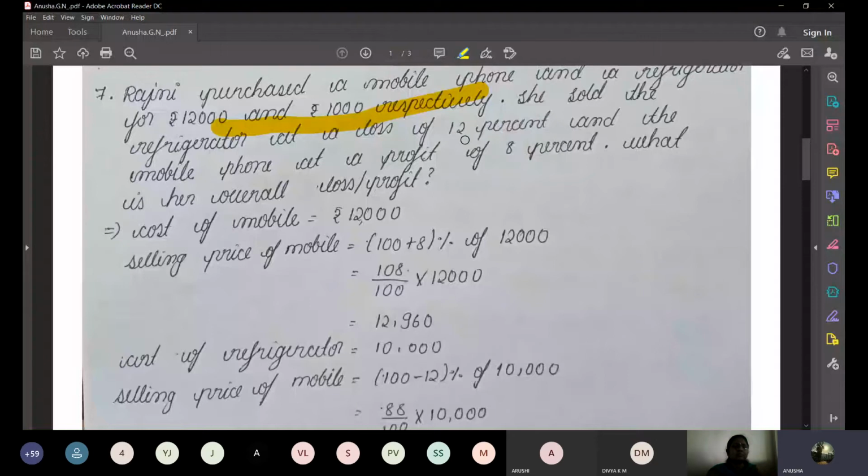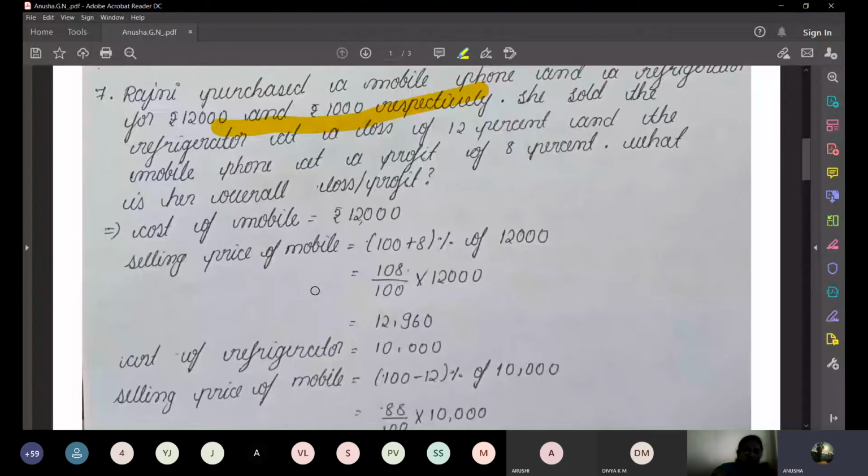The cost price of the mobile is 12,000 and she sells the mobile at a profit, so we need to add 8% to 100, so we get 108. Here the given value is a percent, so we divide by 100 and multiply by the cost of the mobile, 12,000. After solving this we get 12,960 rupees. Compared to this, she sells the mobile phone for a profit of